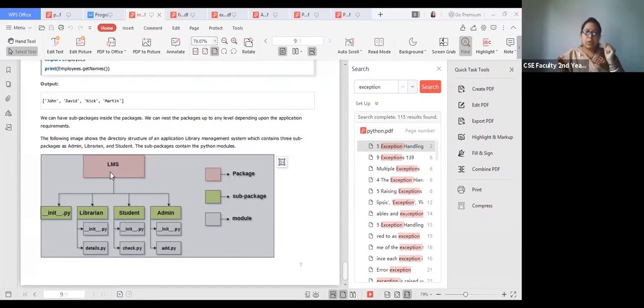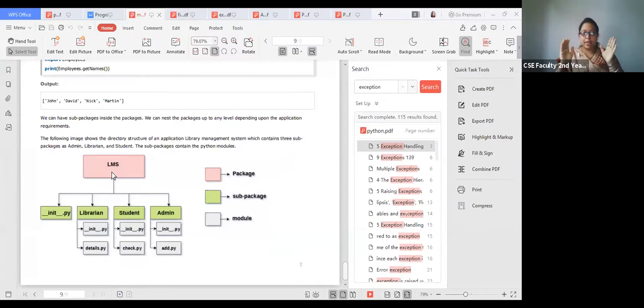So what is the package here? Inside the package, you can create your sub-package, and inside the sub-package, you create the module. So many modules can be created in one package, and if you collect all sub-packages, it can be one package.